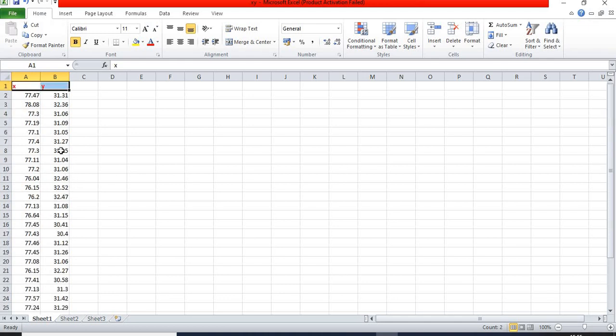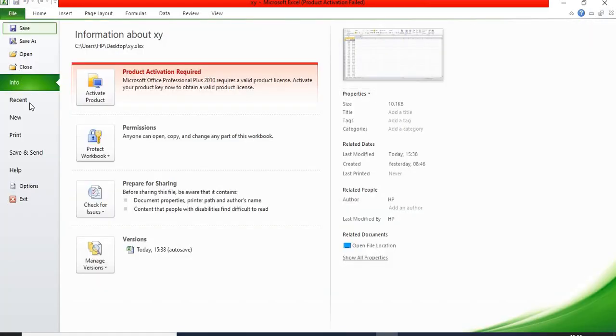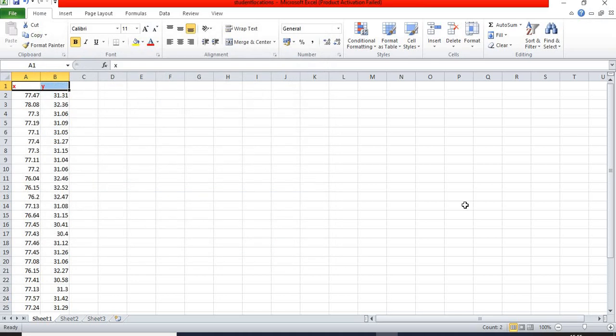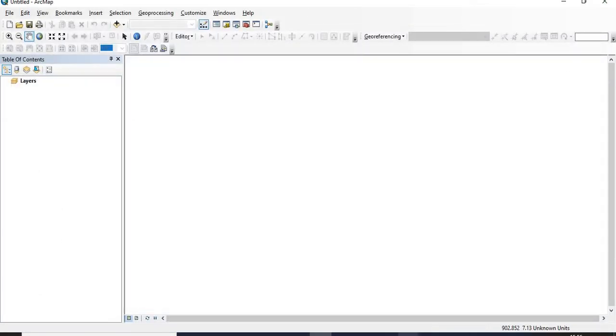after entering these coordinate values in the Excel sheet, you can save the file, save as, for example, on the desktop, you can name it student locations, save, and you can close the Excel data.